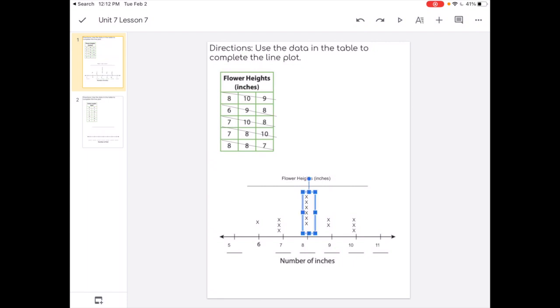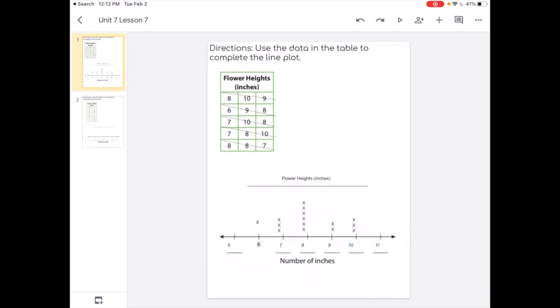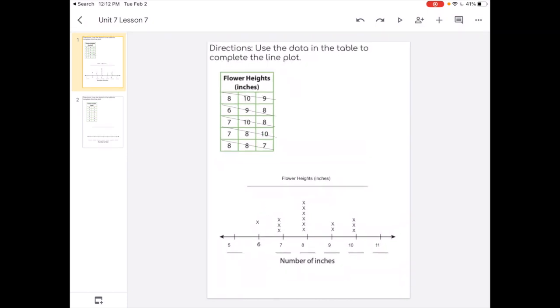Okay, so we have completed the line plot for this graph, which is about flower heights, and we can see that the most common flower height is 8 inches. And out of our data, we have only 1 6-inch flower height, only 2 9-inch flower heights, and 3 of each for both 7 and 10 inches. So on the next slide, I'm going to show you kind of a different way to do it,